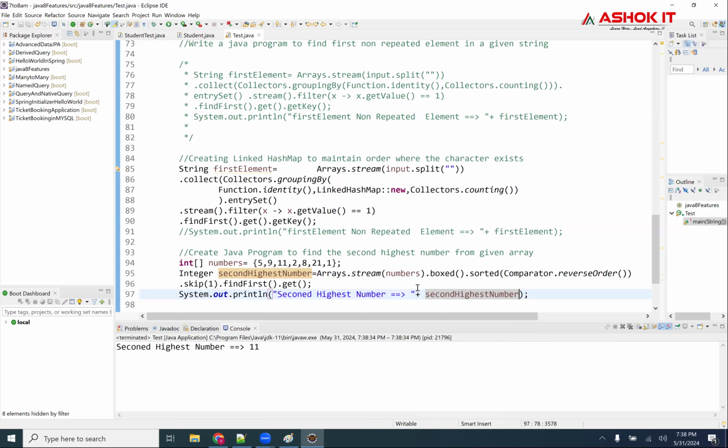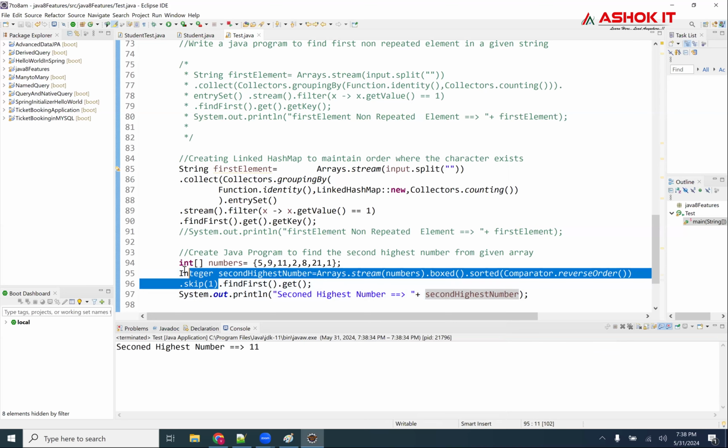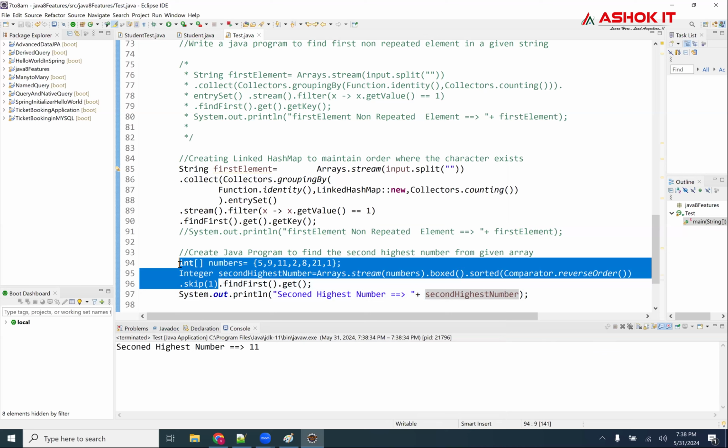For example, if you want the third one, then you need to skip 2 elements. You can play with this logic and do this. So what I'm doing here is sorting, how to skip, and after skipping, how to get it.